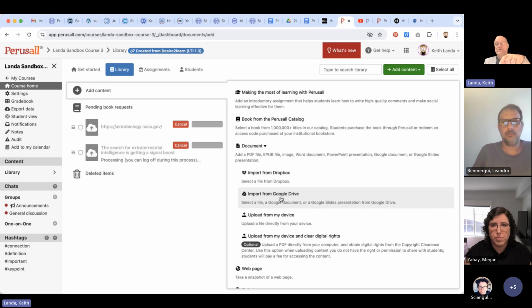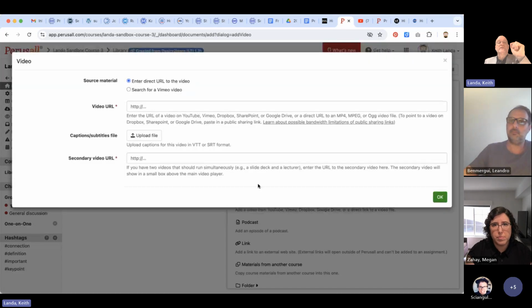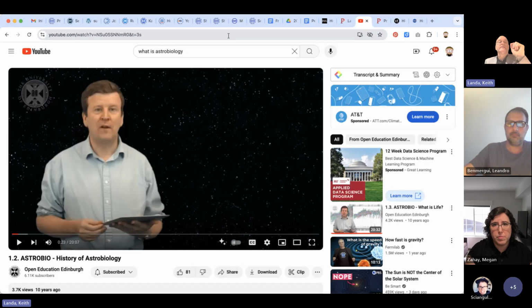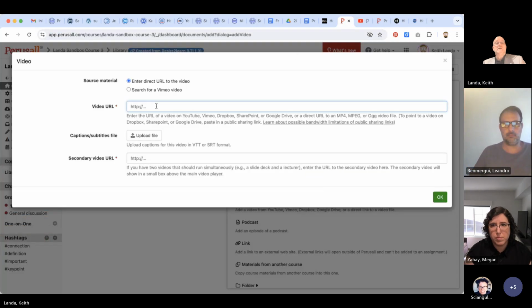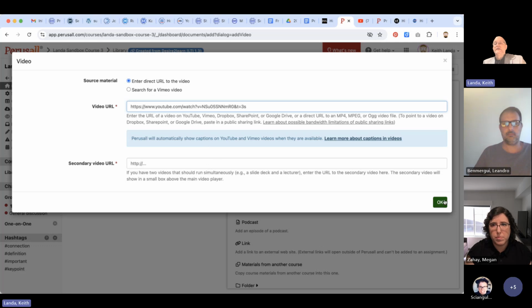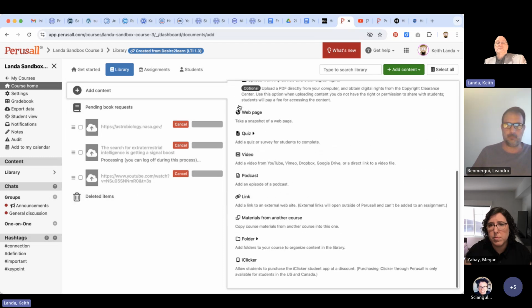I can access my Google Drive to bring things over. I can access my Dropbox. I can put in a web video. So let me go over and put in the URL for this web video. And click OK. And Perusall is processing these resources, and then we'll eventually add them to your library. You can also create folders to organize materials, and while that's working, I think what I will do is come